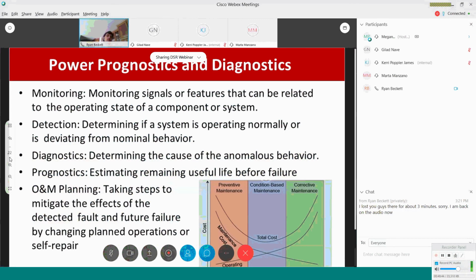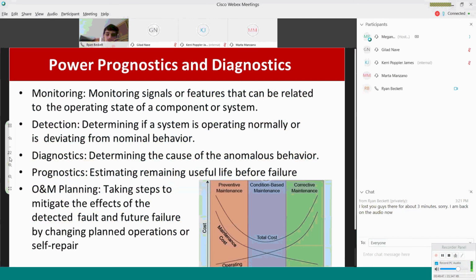We've done this with all kinds of systems, but in particular we're looking at power electronics. In my group, we monitor the signals that can be related to the operating system. We detect when they're deviating from normal operation. We figure out why they're deviating based on when we've seen these types of deviations before and what they've signified. Then we go to our models and predict, if there's so much degradation we see so far, how long will they last? And then you can change the operation. Maybe you run them a little bit less often, maybe a little bit less load, and therefore optimize the length of time that the product can last.